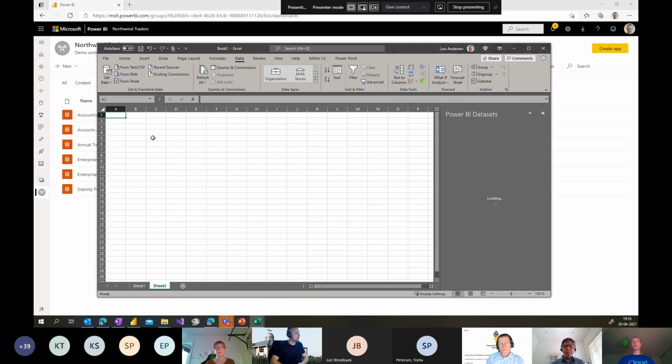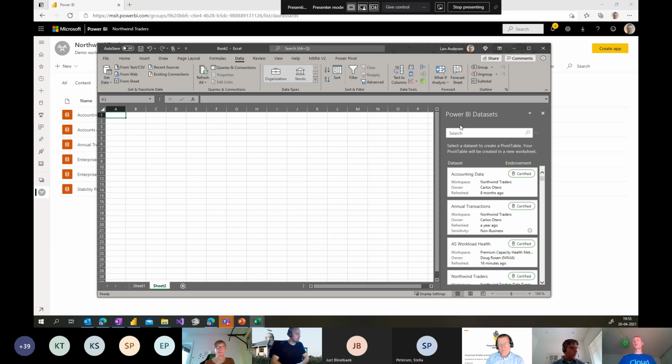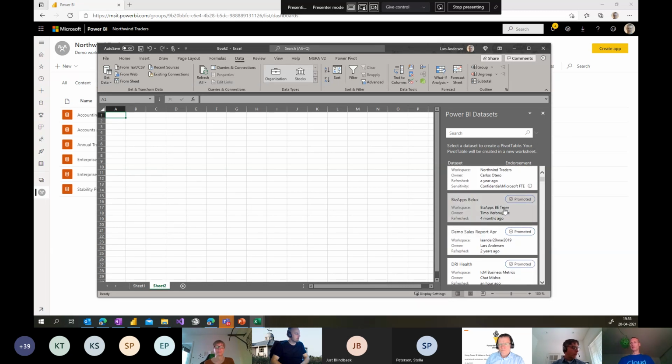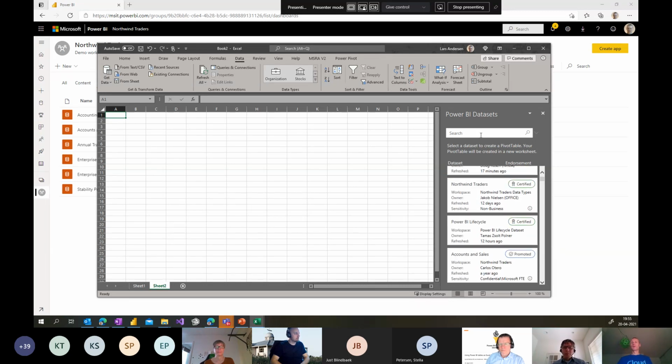It's the same functionality, so when I click on one of them, all the Power BI datasets that I have access to show up here in the right-hand side of Excel. Now it's looking into the Power BI environment to see what I have access to. And as Jakob said a number of times now, all our certified datasets come first, and then the promoted ones. So in here I can search for Northwind,